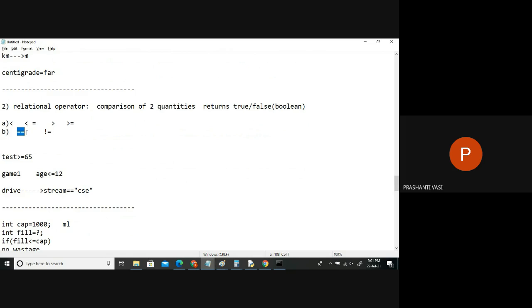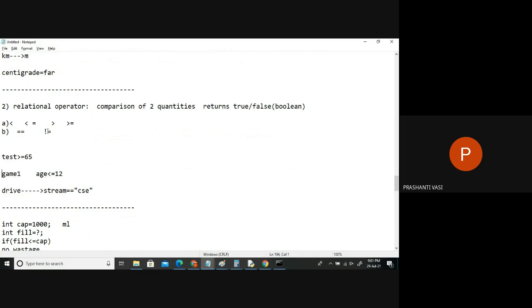And this is higher when compared to these symbols. This is for equality comparison. This is for non-equality. Sometimes we want to do something when both pieces of information are the same. Sometimes we are interested to do something when the information is not the same. Just like a shopping cart. You're adding a product. Whenever you add a product, it will check in the list: is that product already there in the cart? If it's already there, it will not add it as a new item. It will increase the quantity of that item. So if the product is not equal to, not found in the list, we'll add it as a new item in the cart. Otherwise, increase the quantity. So we'll use the symbols in real time.